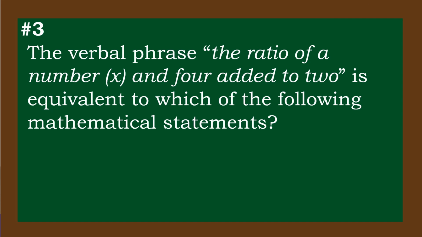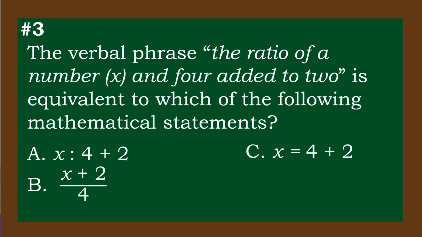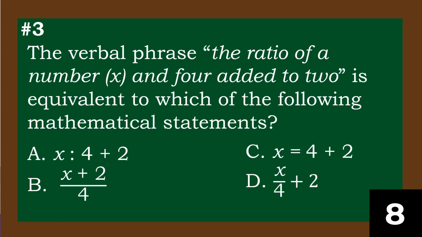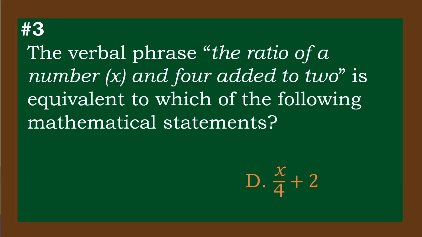Number 3. The verbal phrase the ratio of a number x and 4 added to 2 is equivalent to which of the following mathematical statements? A. X is to 4 plus 2. B. X plus 2 over 4. C. X is equal to 4 plus 2. D. X over 4 plus 2. The correct answer is